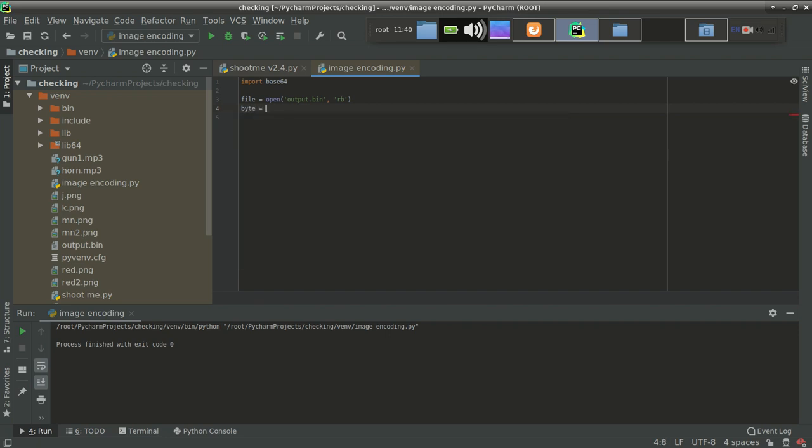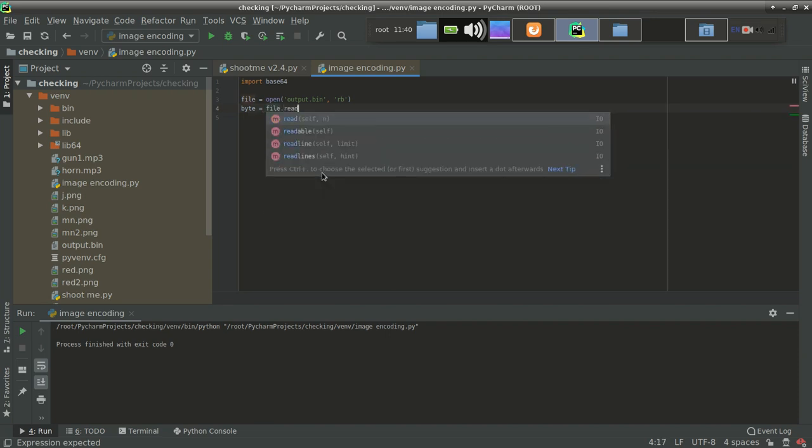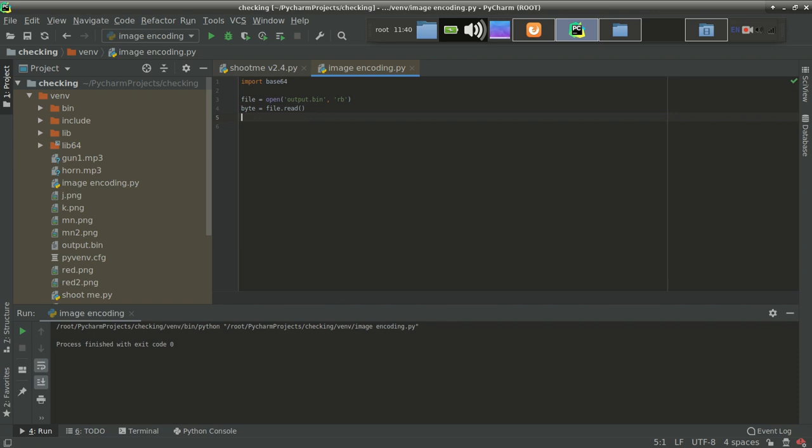So byte equal to file.read. Using file.read, it will return the whole content in byte form. So this byte is holding the data of the file.